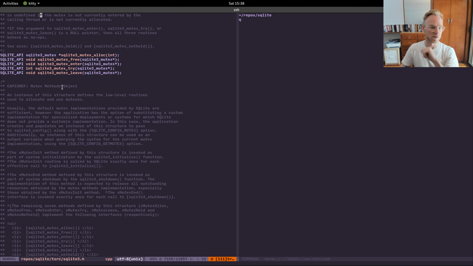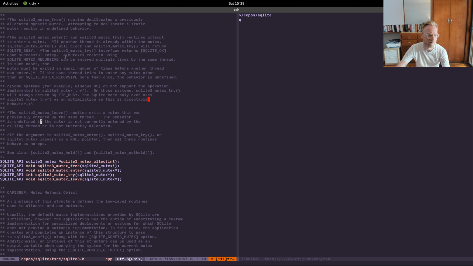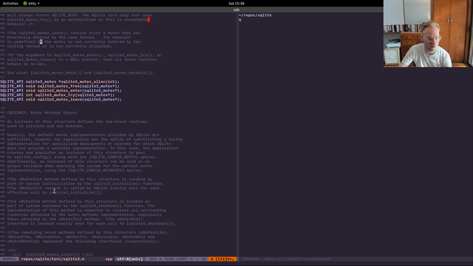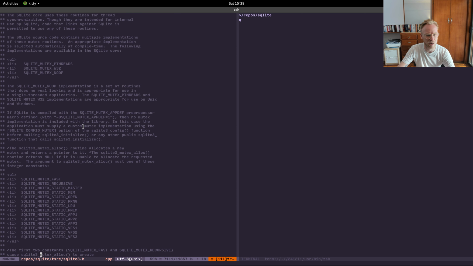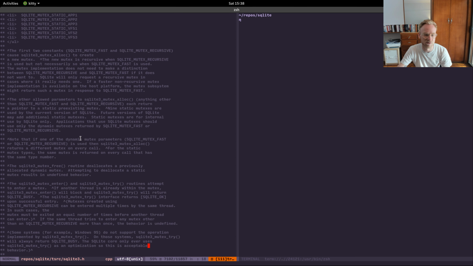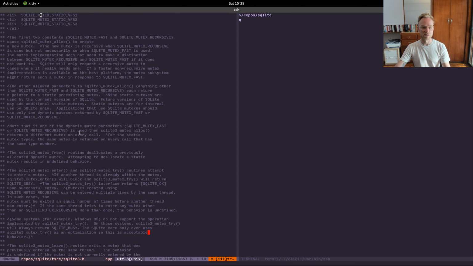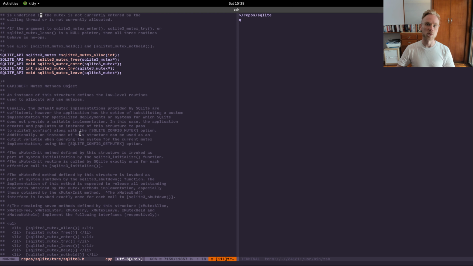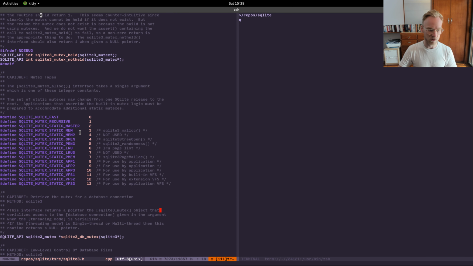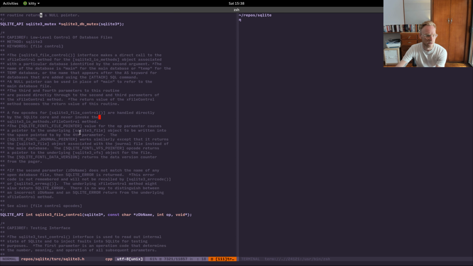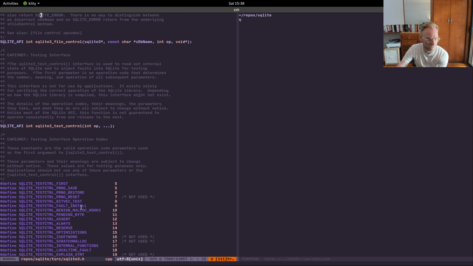Let's see what else is in here. It has its own mutex implementation, which is pretty fascinating, although we'll see if it piggybacks on anything like POSIX. I imagine it's done a lot of this stuff with like malloc and mutex, etc. to enable cross-platform support easily. That's usually the large reason why you can do that. DB mutex, file control, test control,